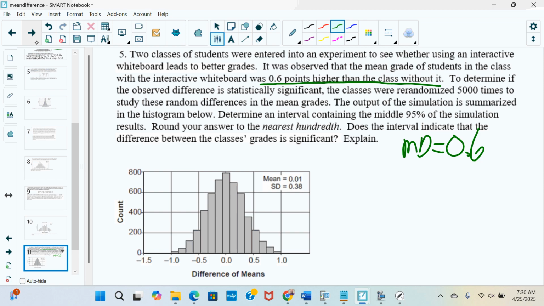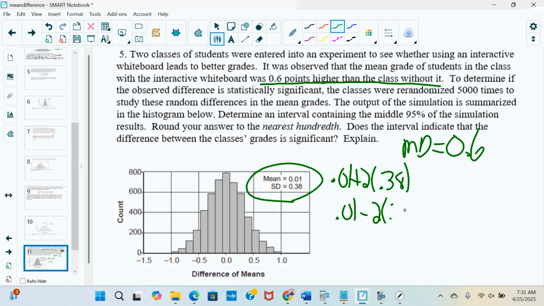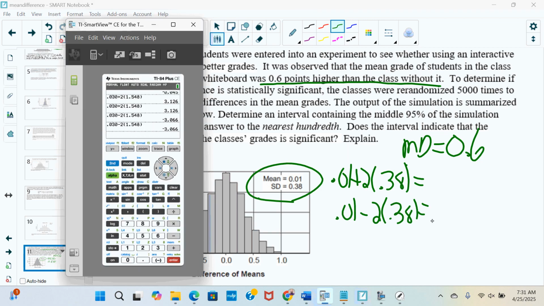So is 0.6 an expected value due to random chance? I find the confidence interval: mean plus 2 times the standard deviation, mean minus 2 times the standard deviation. 0.01 plus 2 times 0.38, and minus,